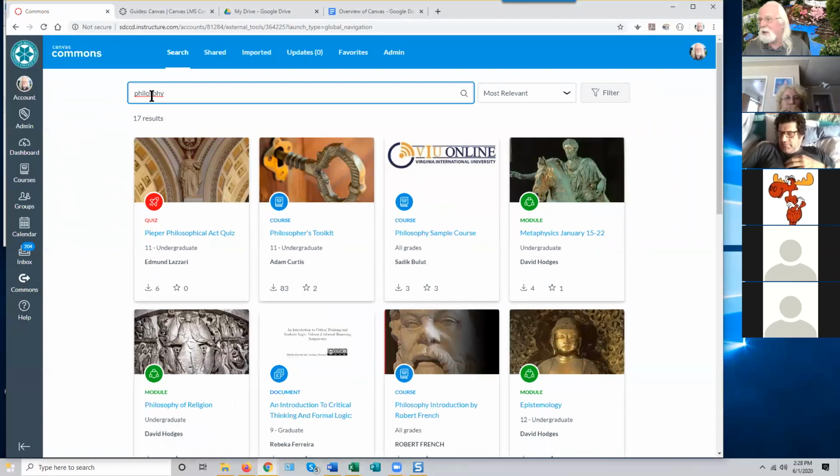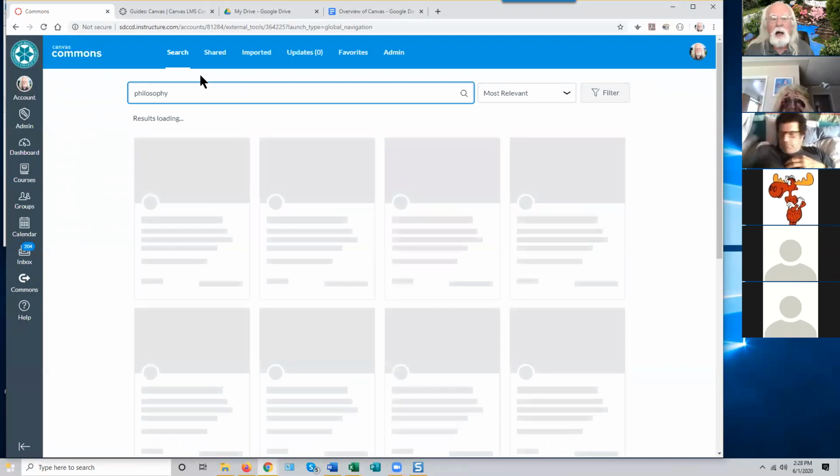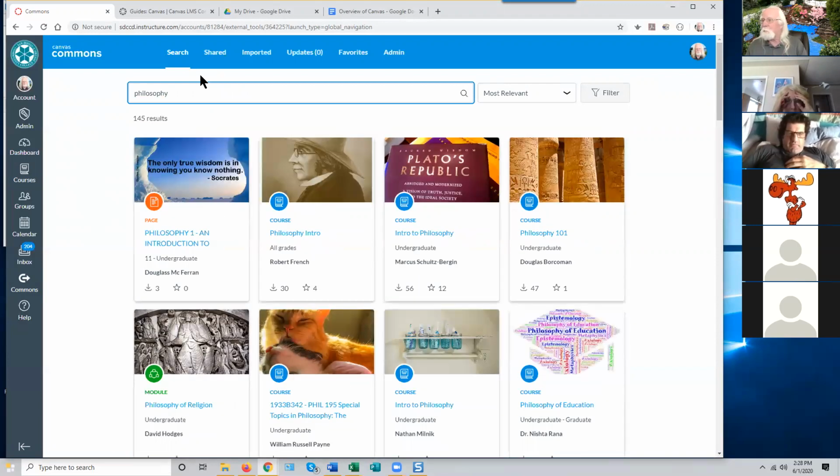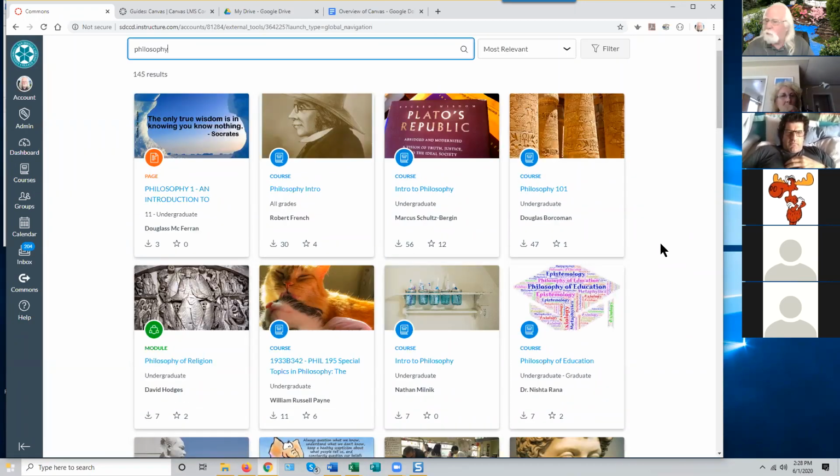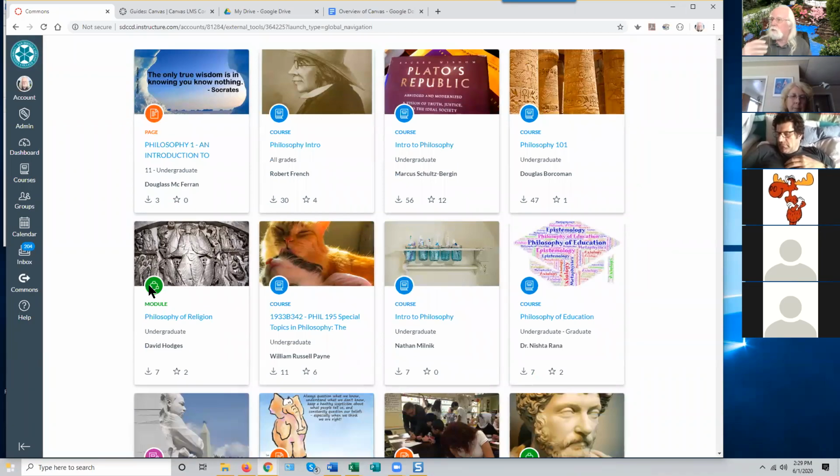Probably help if I spelled it right. That got a few more hits. 145 results on philosophy. We could also narrow this by putting in more keywords like Eastern, Western, things like that. But let's just go with the basics. 145 hits, and these hits range from single Canvas pages, we'll talk about what a Canvas page is in a few minutes here, to modules full of links and content,